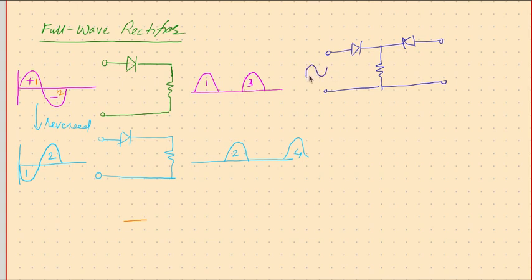So you connect input like this, and you connect input like this, and then for all odd half cycles, this will be the current flowing, and for all even half cycles, this will be the current flowing. Whatever be the case, you can see that the current flowing through the resistor is in the same direction. Therefore, they just get added up, and the final result would be